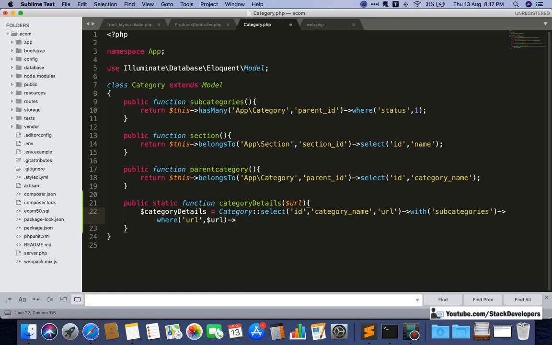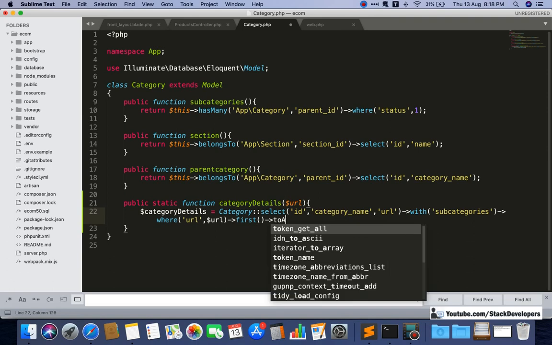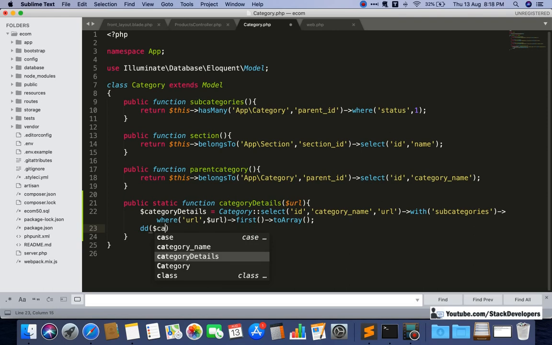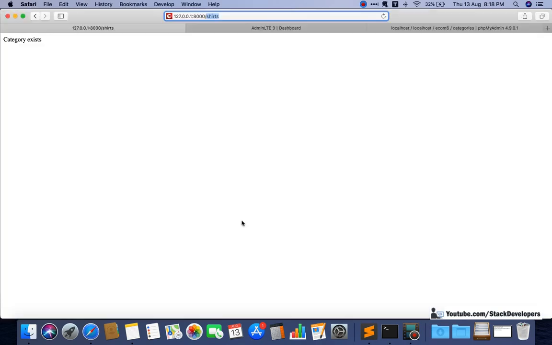Here we are going to use first, and I am going to use toArray, like we have been using in the last few videos. New concepts, new things to learn every time, so we can debug easily, like dd. This is a shortcut method, a better one, and it will save our time as well.